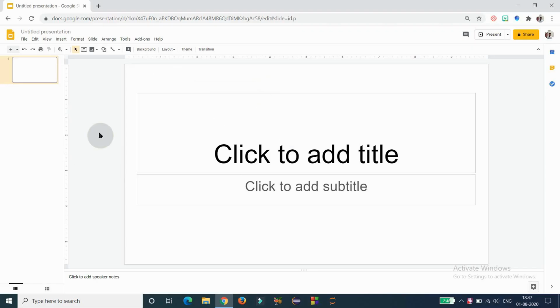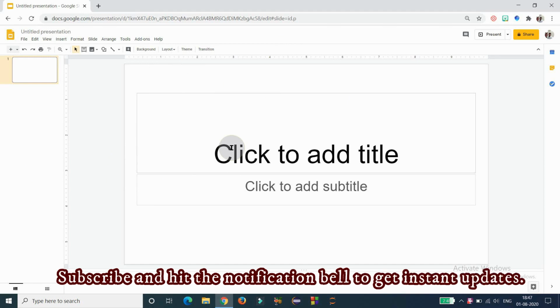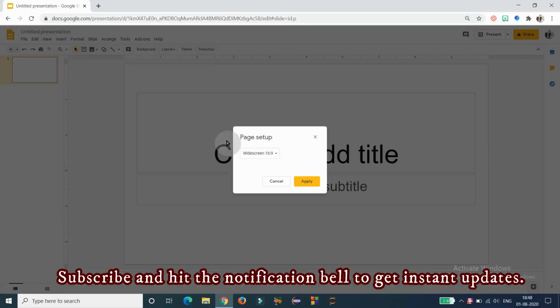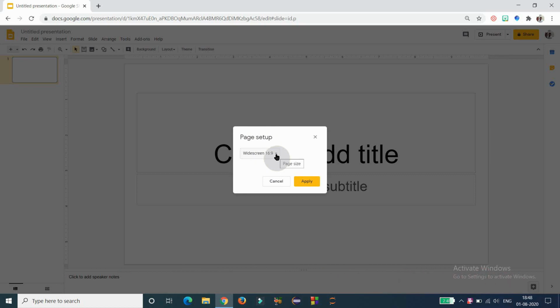I have opened a blank presentation here. The first thing is we need to resize the slide to match the Google Classroom banner size. For that, go to File and click on Page Setup. Then you will find Page Setup with widescreen 16:9. We have to change it. Then expand it and go to Custom.